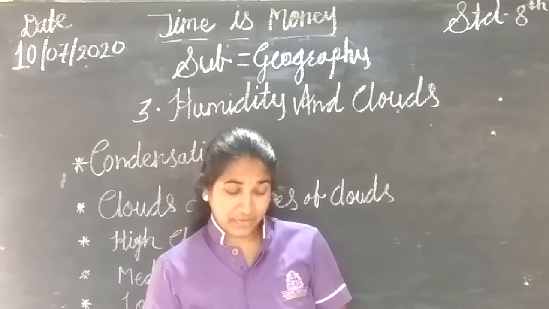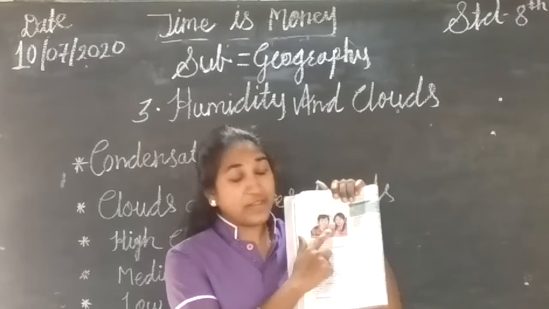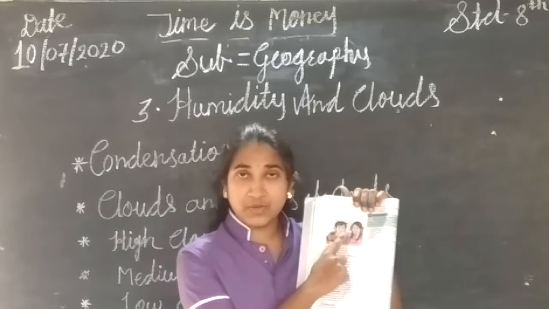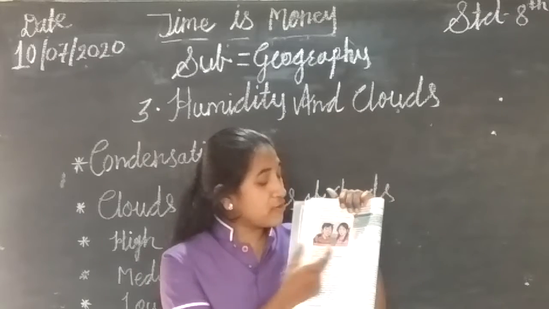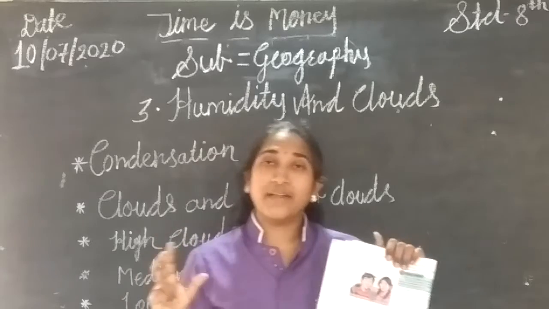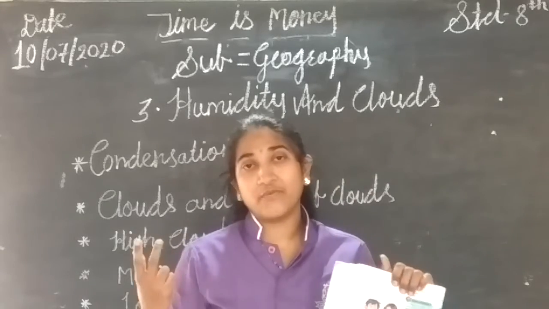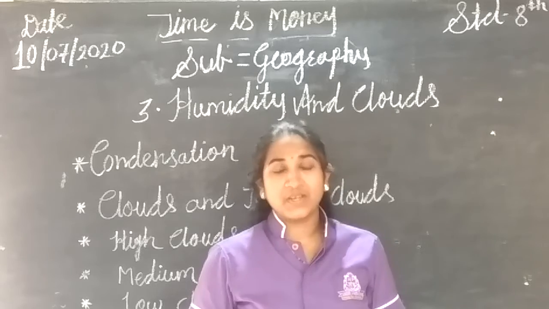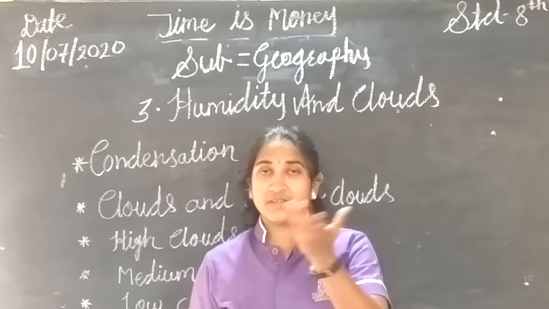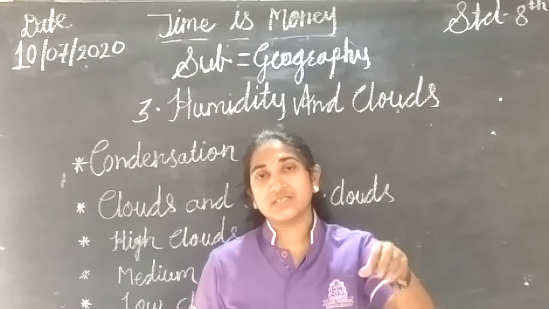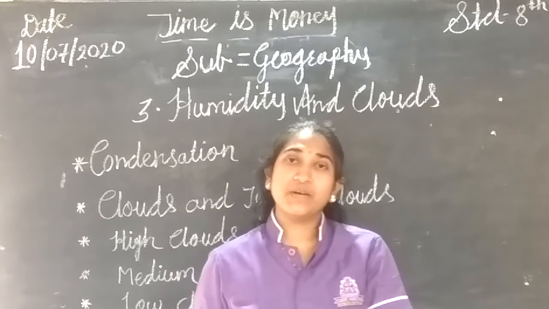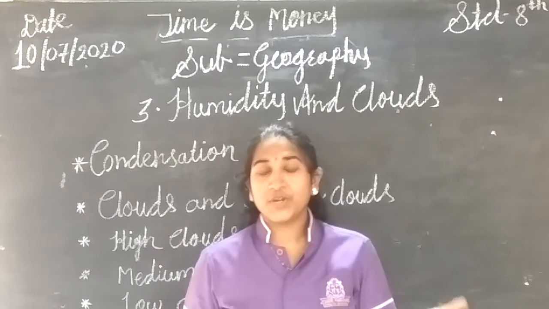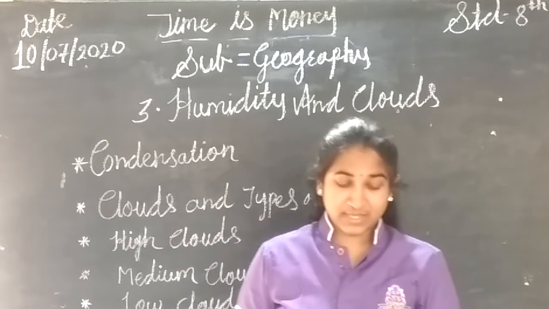See, on page number 20 and here. Can you see? There is a glass and the ice cubes are in it. You have to observe what is around or outside of the glass. You can do this activity at home also. It is very easy. You take the ice cubes, drop them into the glass and observe after 2 to 3 minutes what you see on the glass.